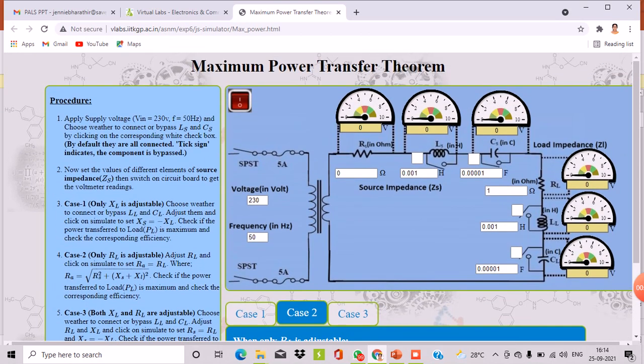Similarly, we can proceed in the same way for case 3, wherein we adjust both the XL value as well as the RL value. This sets the value of RS equal to RL and the value of XS equal to XL. As we click on the simulate tab, we can ensure maximum power has been transferred from the source end to the load end. And this is the simulation procedure.